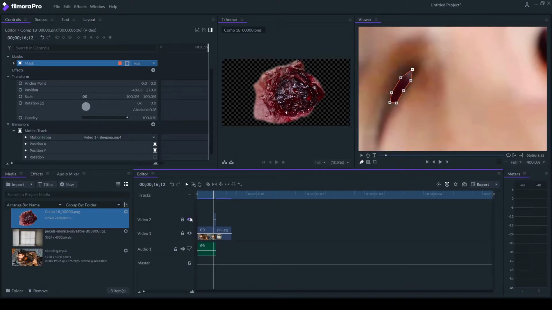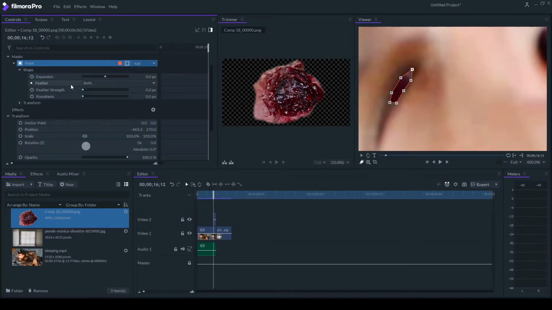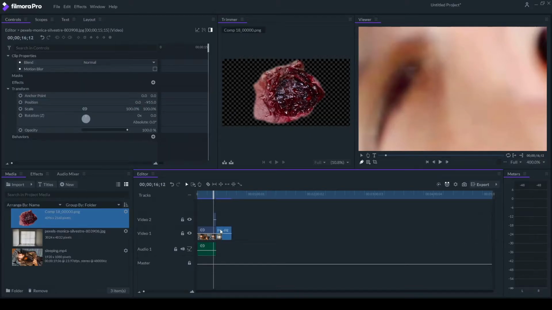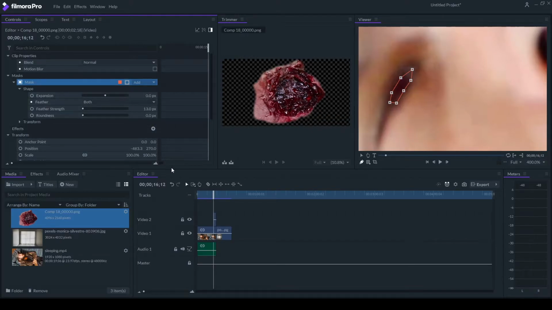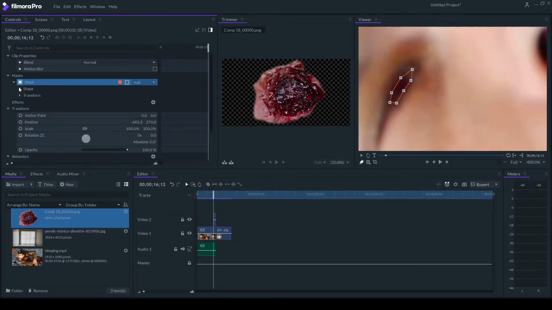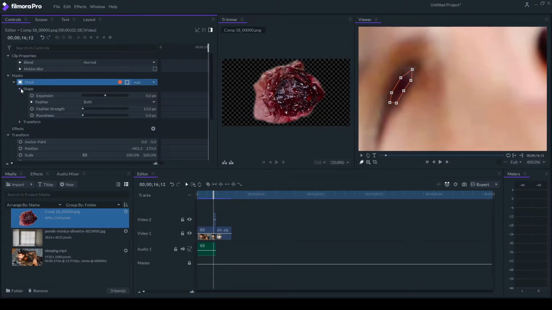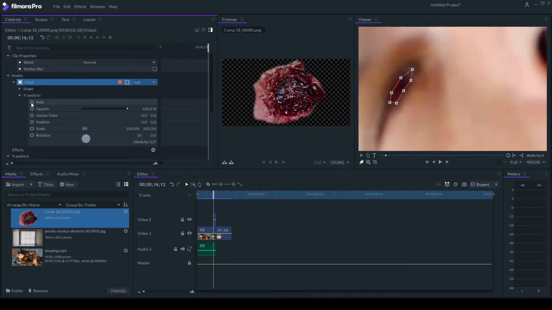Let's see what it looks like. Let's go to our mask here, shape, feather. Give it a little bit of feather. Make it blend in a little bit more. I'm gonna take a look. So that ain't too bad. Okay, and here is an important part. On the transform, click path, because if you don't and you just start drawing around,